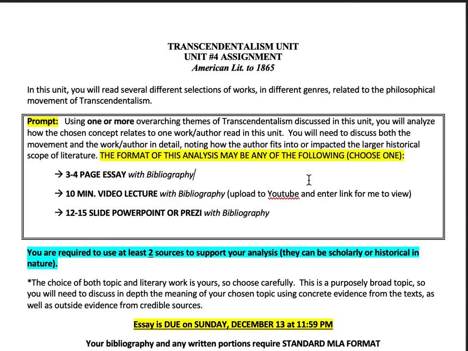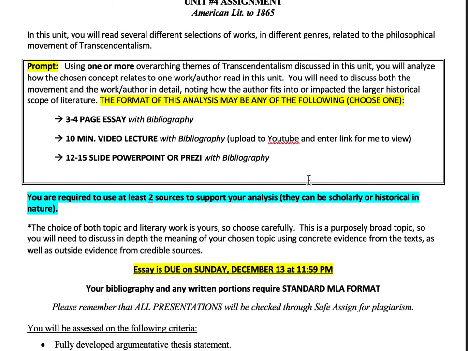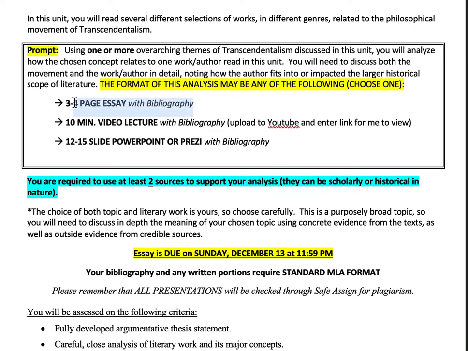Where this is a little bit different than your previous essays is that you have choices on how you want to complete the final assignment. You can do a traditional 3 to 4 page essay. You'll include a bibliography or works cited, whichever you want to call it, as usual. If you would rather, you can also do a 10-minute video lecture. You'll also need to include a bibliography, but you'll upload that to YouTube and enter a public link for me to view. Or if you choose, you can do a 12 to 15 slide PowerPoint or Prezi,